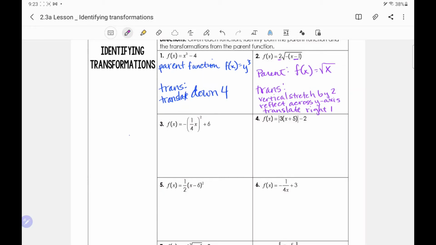Looking here at number 3, we've got that squared on the x. So we know we have an x squared. There's nothing else jumping out at us, so we're going to say that the parent function is f of x equals x squared, which is the quadratic, right? Lucky for you, I'm not going to make you name it, but it doesn't hurt to memorize that. So that's our parent function. What transformations do we have here? Well, we've got the 1/4 multiplied by the x, and that's going to be a b value because it's inside the parentheses with the x. So that's a horizontal stretch